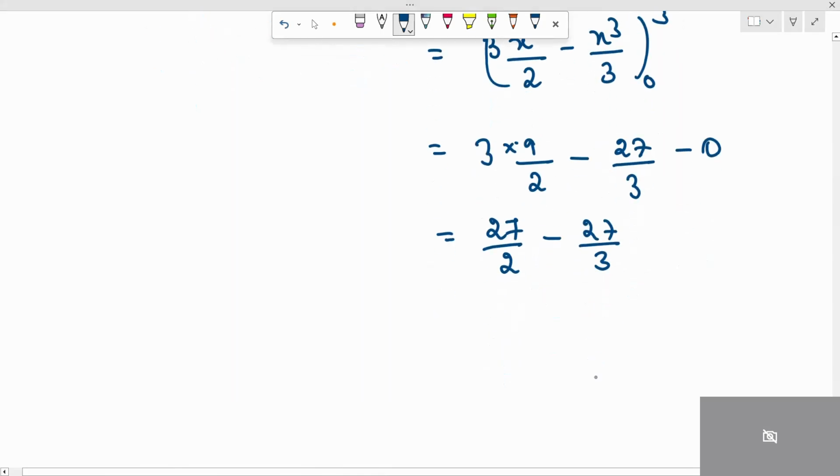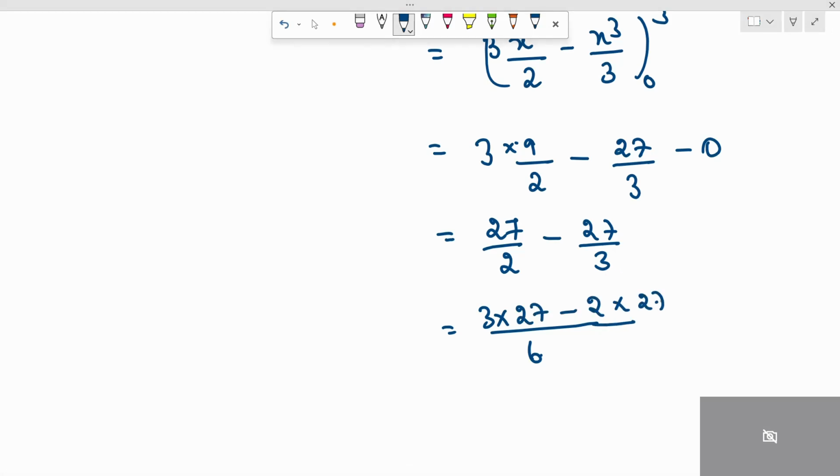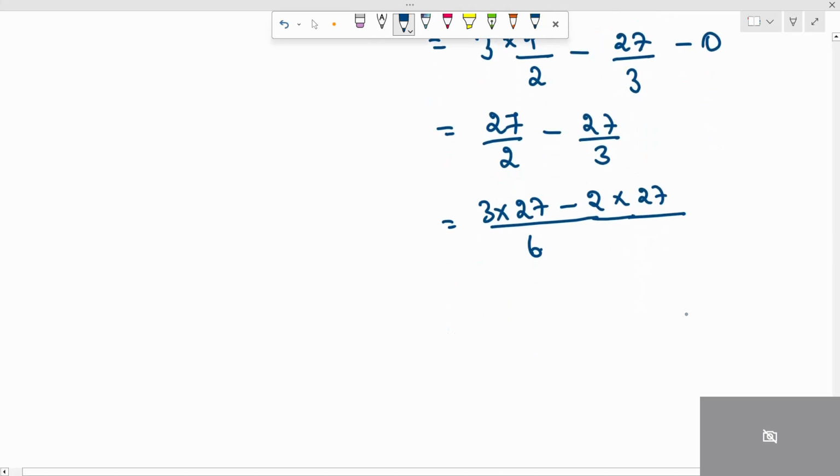Okay. Taking LCM with the 6. 6 means here 2 is there, 3 2s are 6, multiply with the 3 here, 3 into 27 minus, here 3 is there, we have to multiply with the 2, 2 into 27. Okay. 3 27s are 81 minus 2 27s are